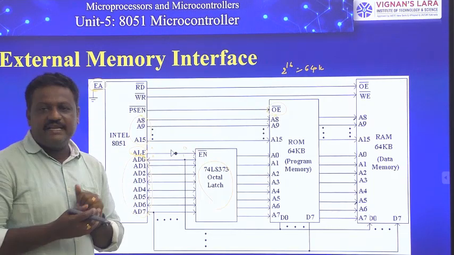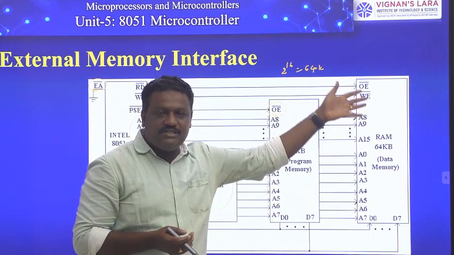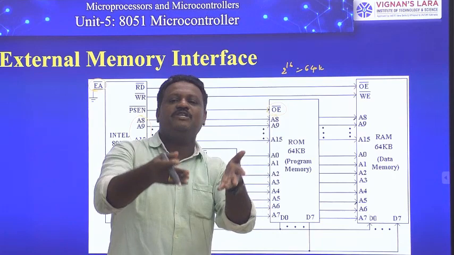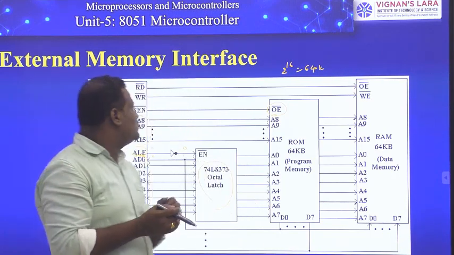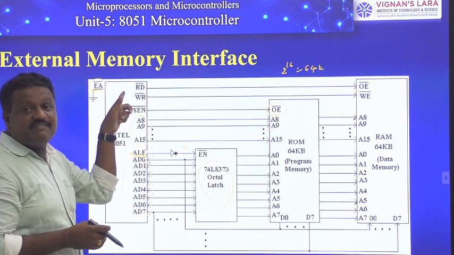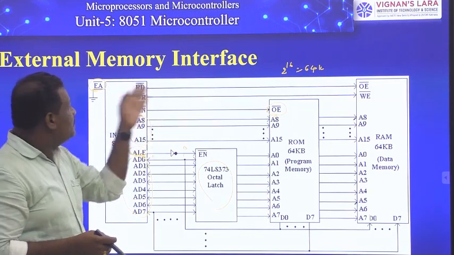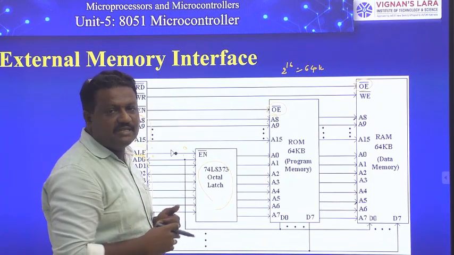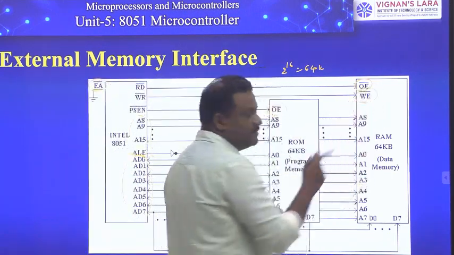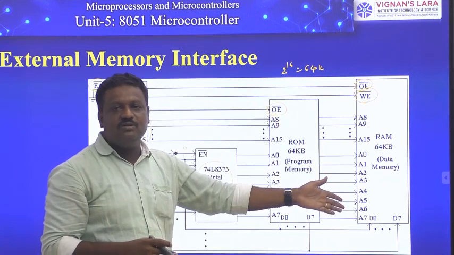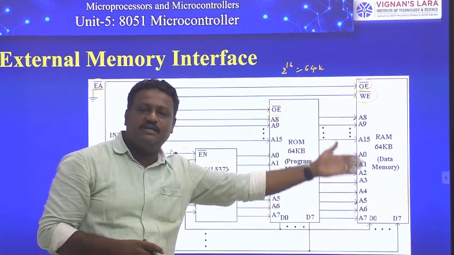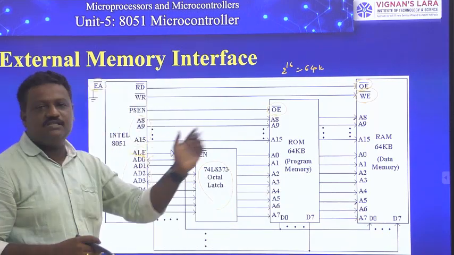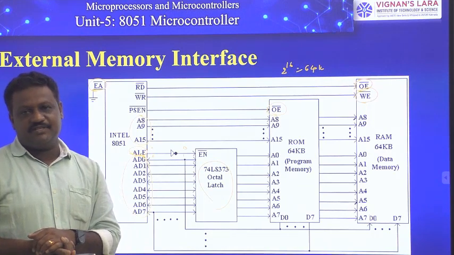And coming to the RAM case, if I want to read or write, I can do any one operation on a selected location of RAM. Whichever operation my controller wants to do, for that indication my controller issues a read bar as well as a write bar control signal to it. The read bar signal is connected to the output enable signal, OE bar, and the write bar signal is used as the write enable signal. With the help of that, I can do either a read or write operation on this external random access memory. I hope you understand this external memory interface.